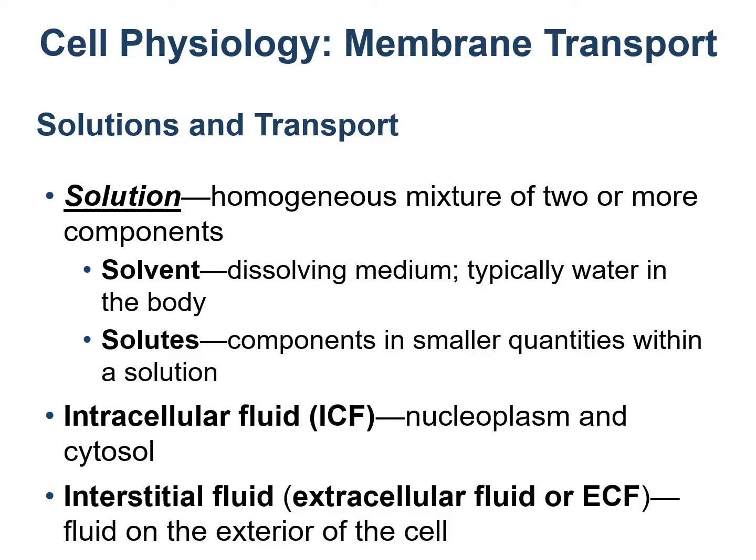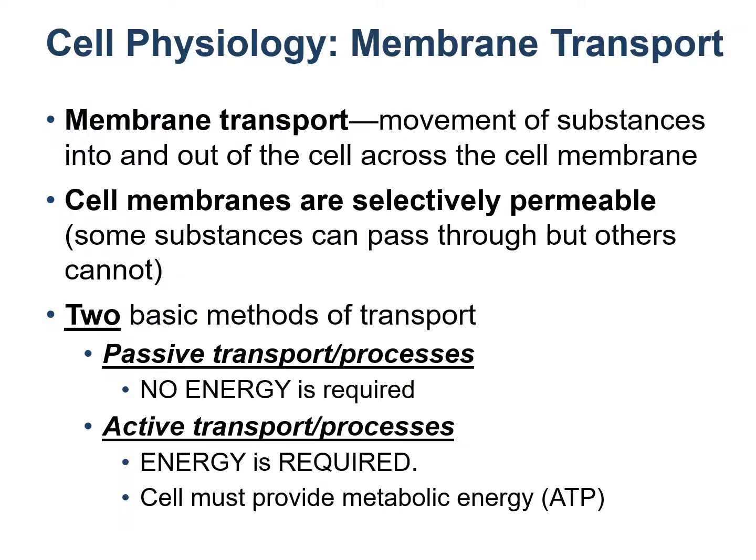The ICF is all of the fluid inside the cell. So it is present in the nucleoplasm and the cytosol. While the fluid that is present outside of the cell, that means in the space between two cells, is known as the extracellular fluid or ECF or interstitial fluid. Since cells are dynamic entities, there is a lot of membrane transport going on. That means substances are moving into and out of the cells, and all of this is happening across the cell